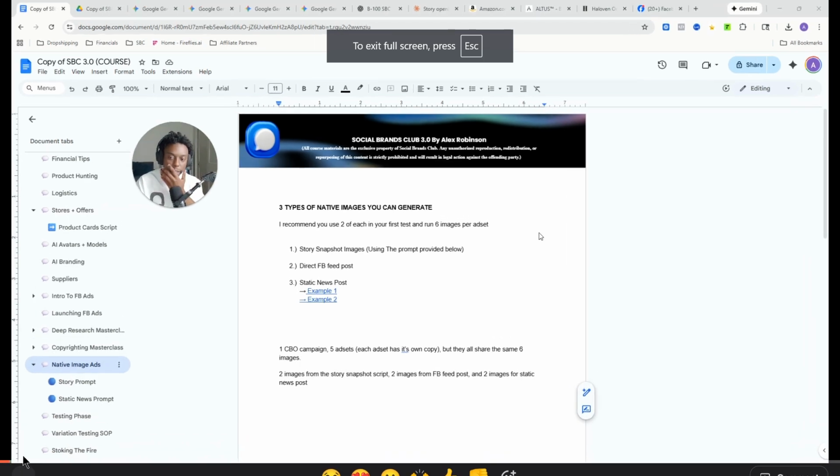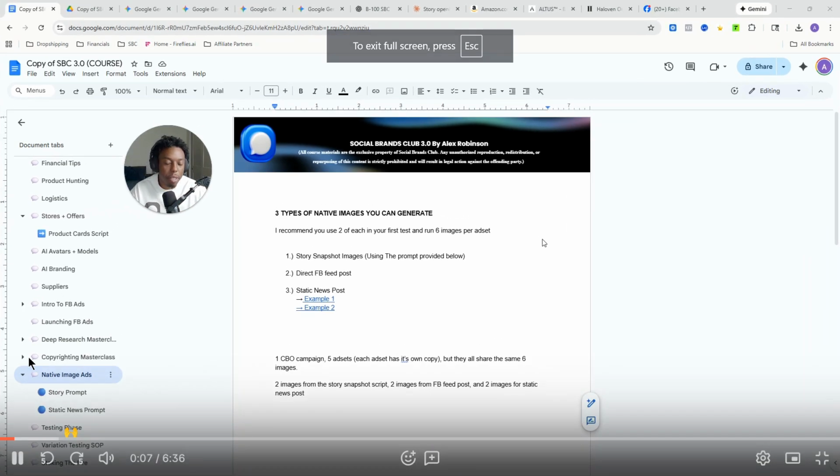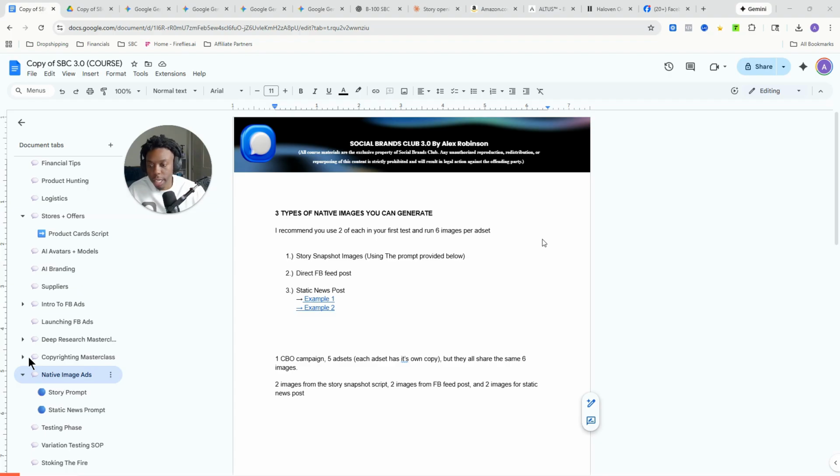Ad strategy that is relatively new and will help with ad volatility. So in the previous version of SBC, I noticed a lot of you were struggling with generating native image ads and native images in general. More so, you were generating images and there was always the possibility that performance was down due to the image, and it's really hard to calculate and track that. So to help negate that variable potentially being an issue for your performance, we're going to do more split testing